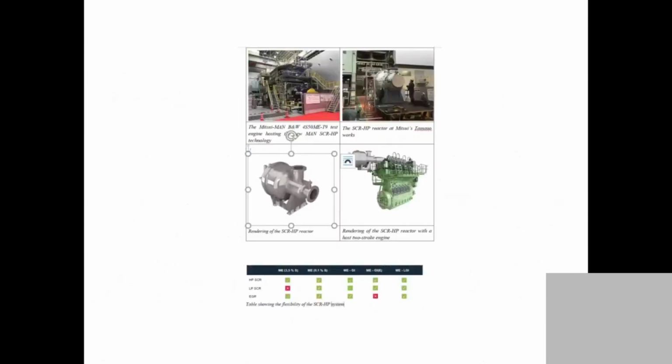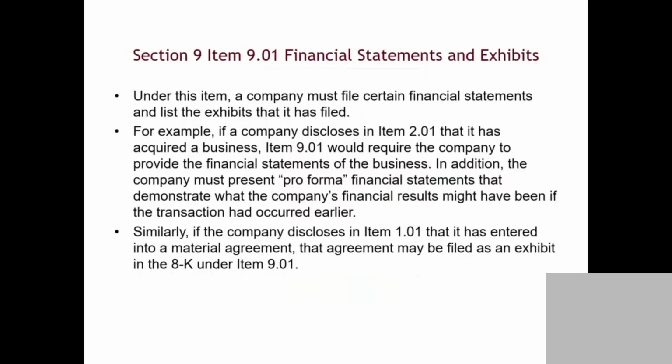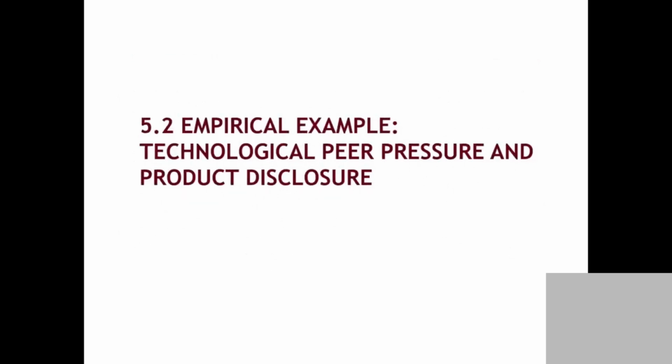So these are the items. You can see they are developing this product in two to three years. So this is not available right now. The managers talk about the future product. And that's super important for investors, managers, and our competitors as well. We'll talk about some of the cases here. And item 9.01 is the financial statements and exhibits. So it's kind of information about